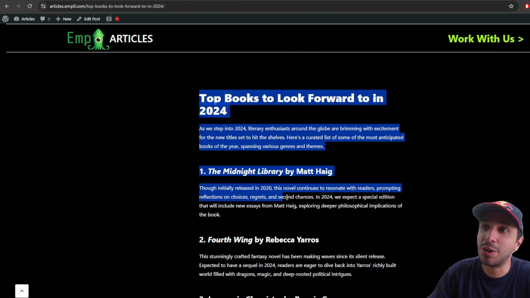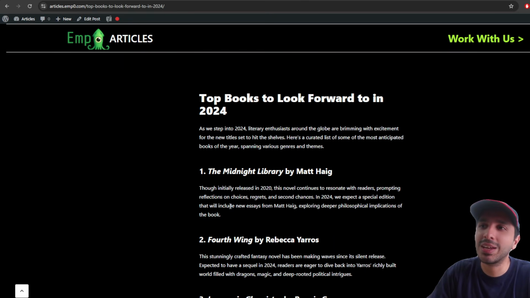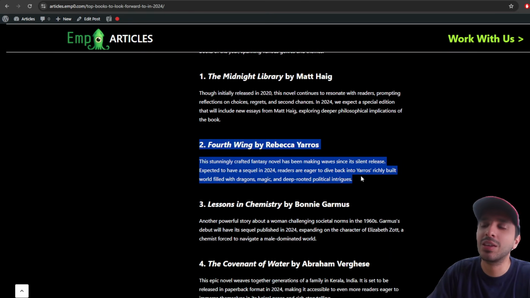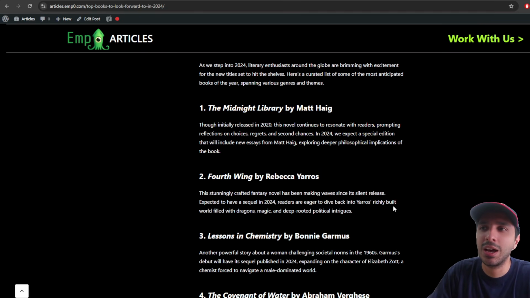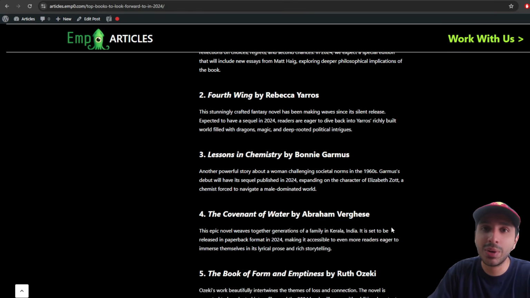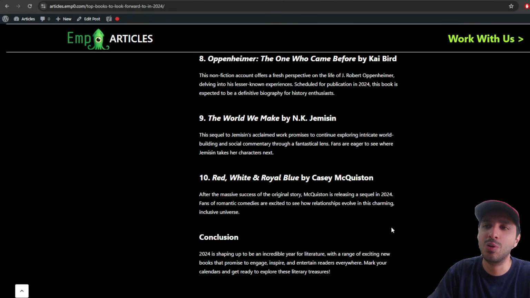Like, there's no outbound links. What if I want to check out the book? What if I want to read it? Where can I find this book? Right? There's no outbound links. Maybe it'll look better if there's images beside the books. Maybe a good way to compare how many sales they have. And I think we have a long way to go to improve this so that we can make it more